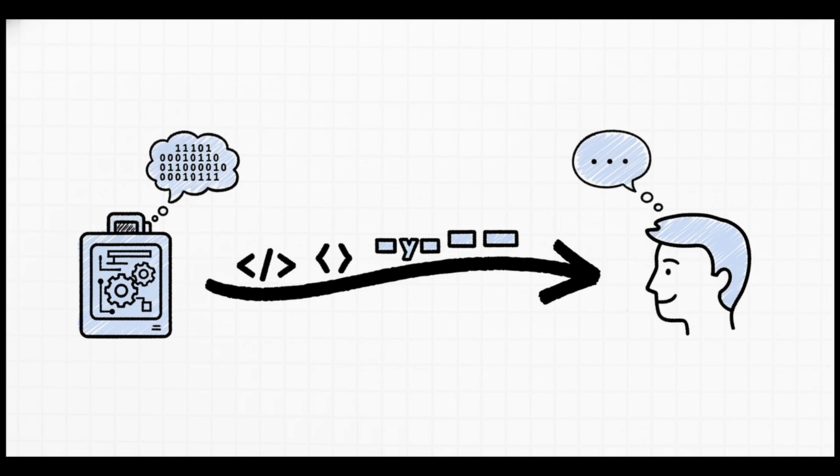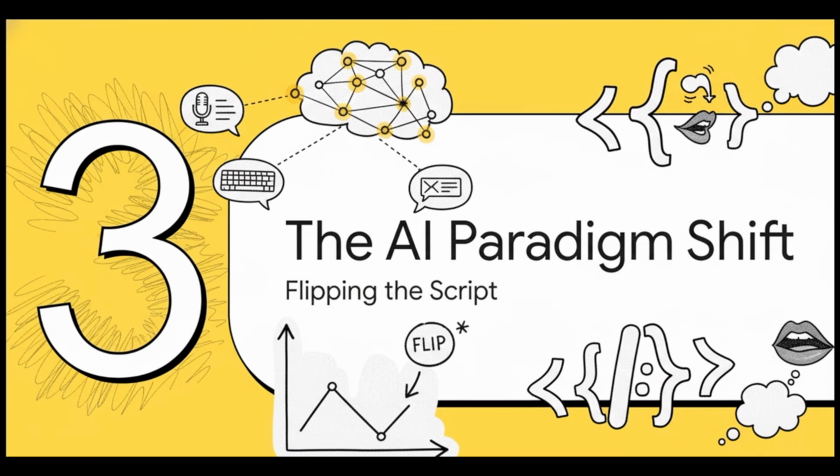So when you look back at all of that, right, the trend is just crystal clear. We have been on this long, long journey for decades, trying to make talking to a computer feel less like doing math and more like, well, just talking. And that brings us right to this moment. The age of AI. And AI didn't just continue the trend. Oh no, it completely flipped the entire script on its head.